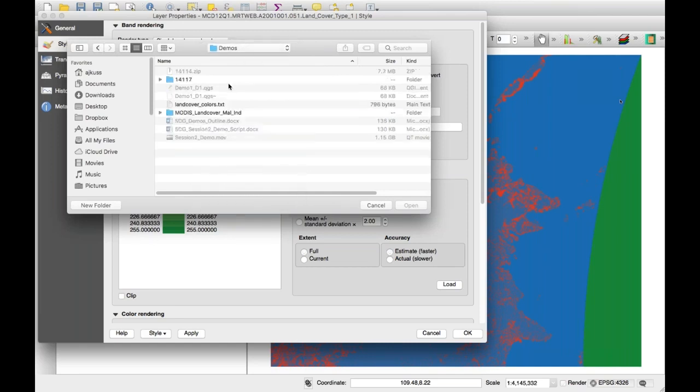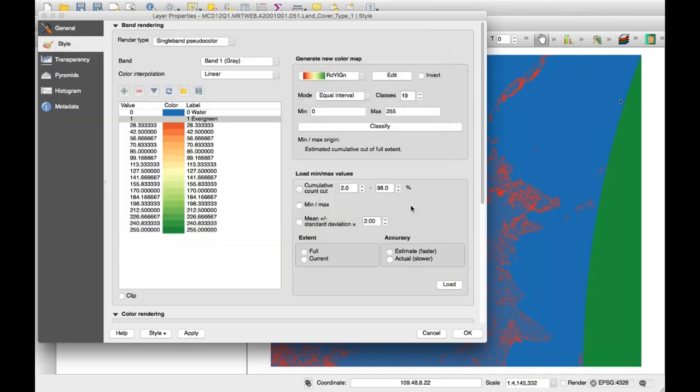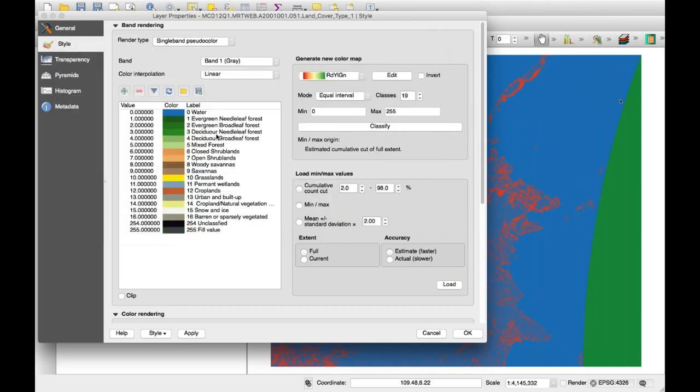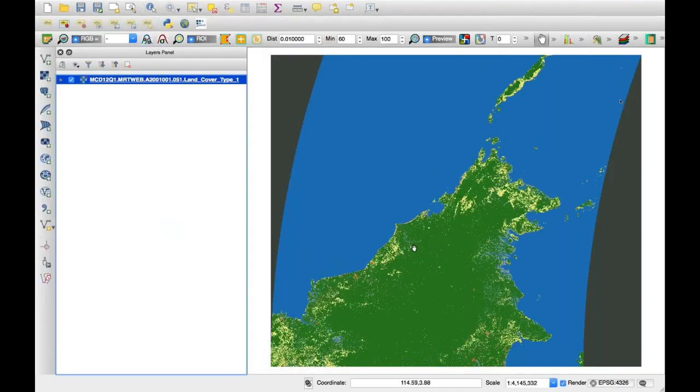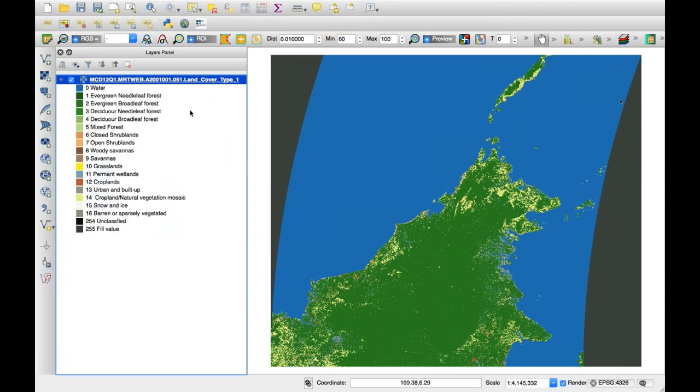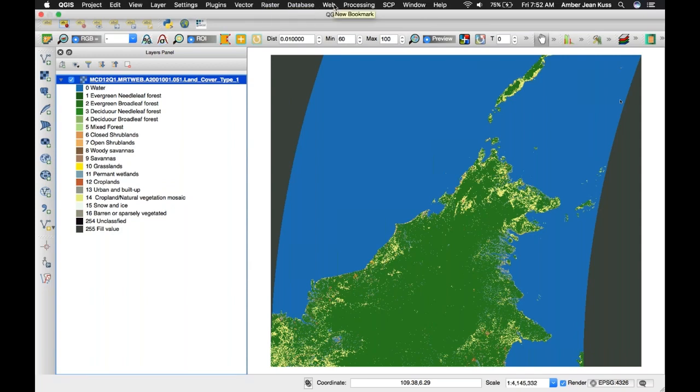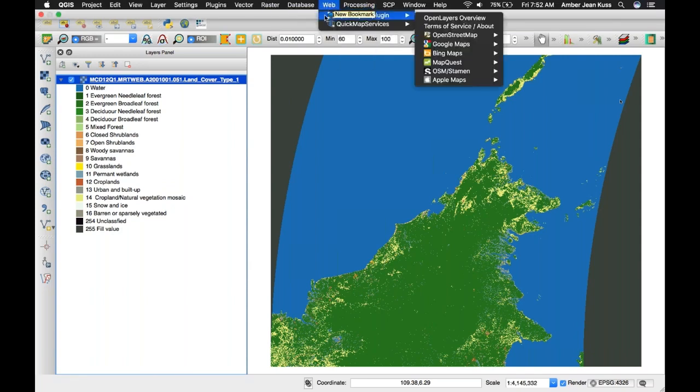So I'm just going to navigate back here to my Landcover colors map that I created and click on open. So now you can see that I've changed all these colors and the labels and the values to match those on LPDAAC. Then you click apply and OK, and you can see now the colors are reflected in the map. The last thing we'll do here is just add a little Google map to orient us. So if you go along the top to web, and then open layers plugin, and then Google Maps and Google Physical,